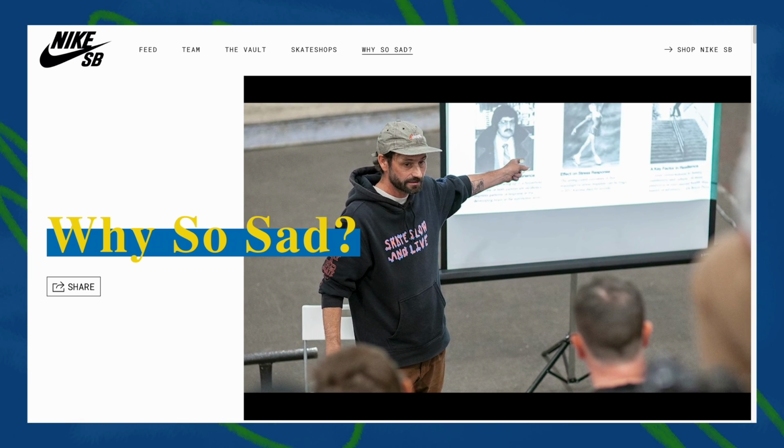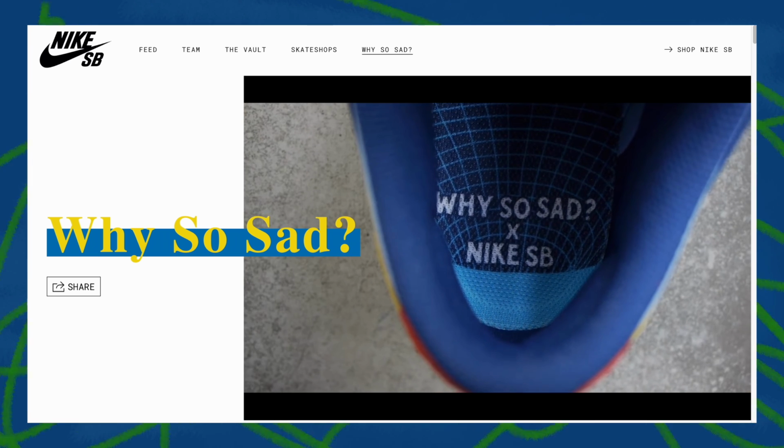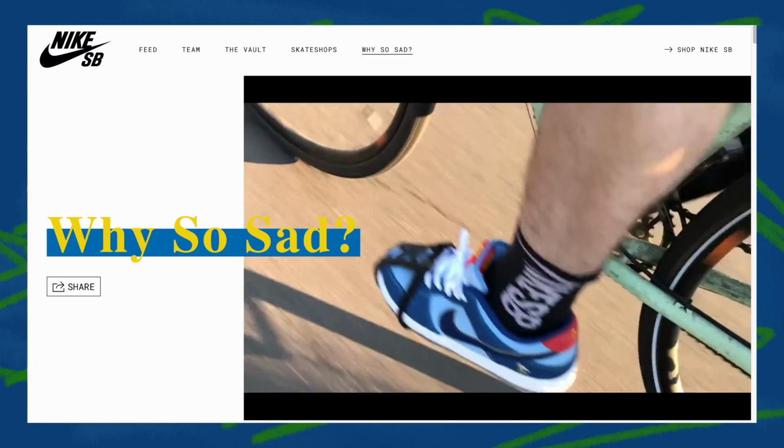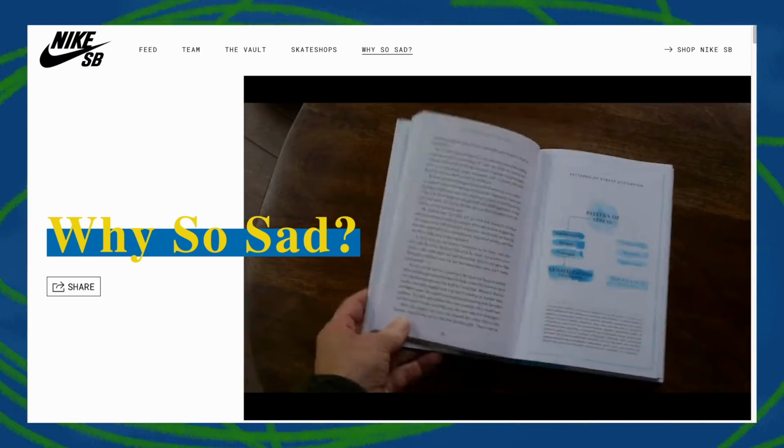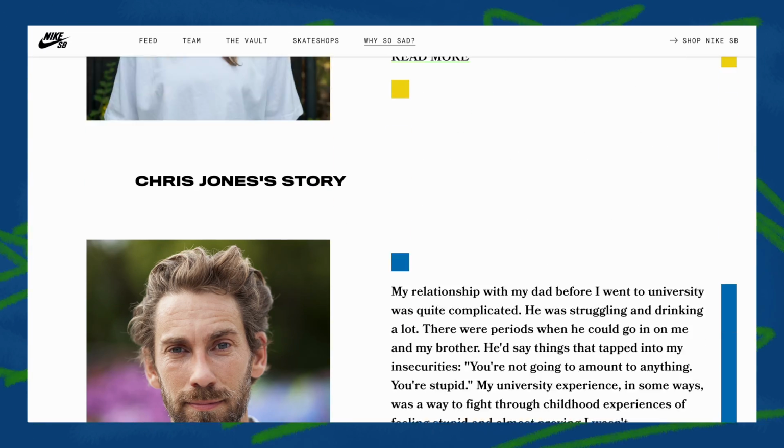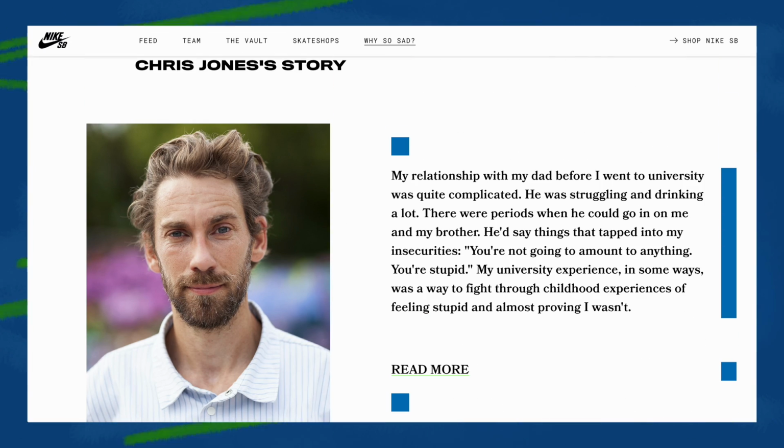health amongst youth. If you want to check out the full story and find out what sits behind John's motivation, I've linked the official Nike SB Why So Sad page below, where you won't find sneakers to buy but stories to read. Back to the sneakers, these were released in late 2022 and are based on the basic Nike SB